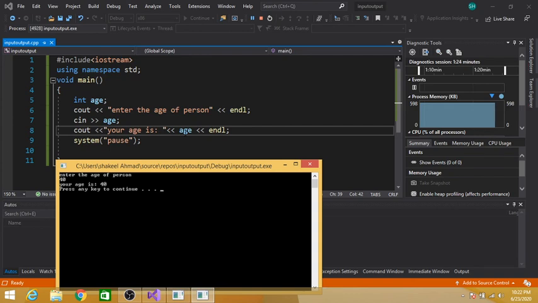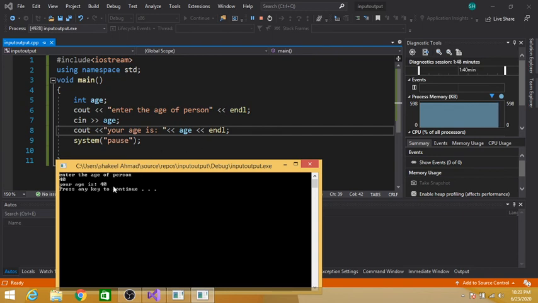Now age contains 40, and 40 is displayed on the console. Now see, this is a variable, and its value will be printed on the screen, not the variable name. The value of the variable will be printed on the console window.